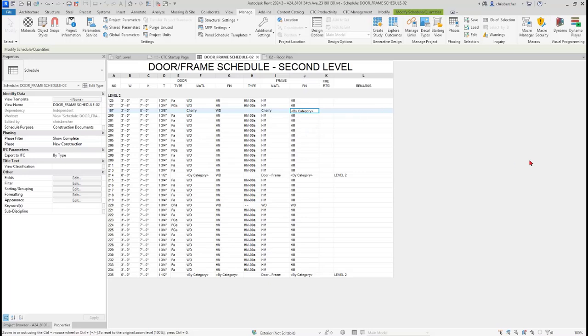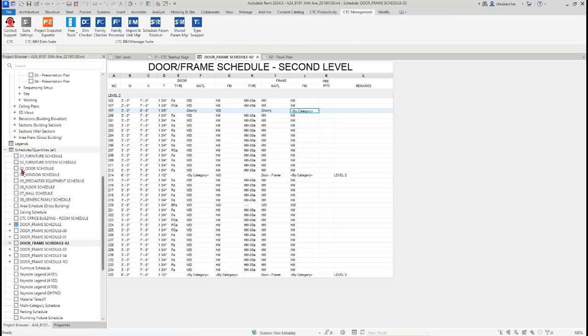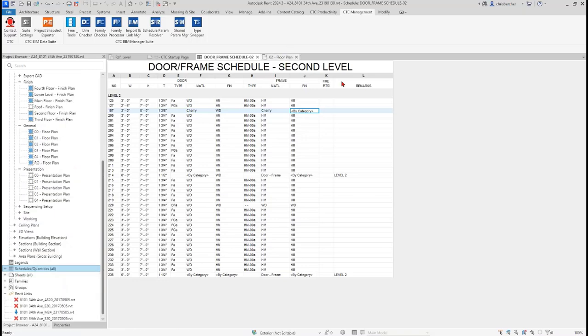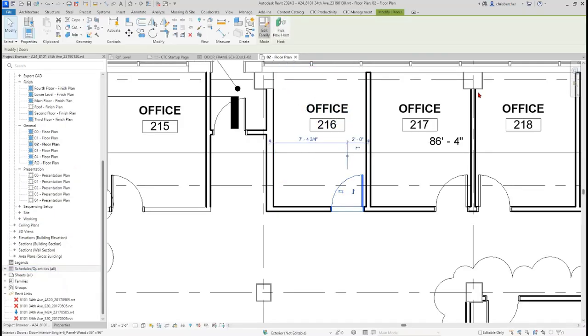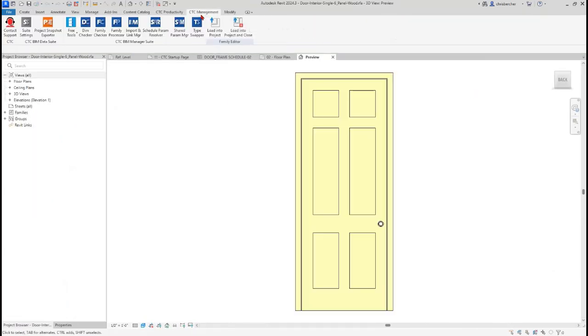So you might find yourself doing this on a fairly regular basis, and that's fine, right? It works, it does what you need it to, but there's a little bit more that we can do. So I'm going to go find this family real quick, and I'm going to edit it. We'll just do this. I'm going to edit the family and get into the family environment here and open up